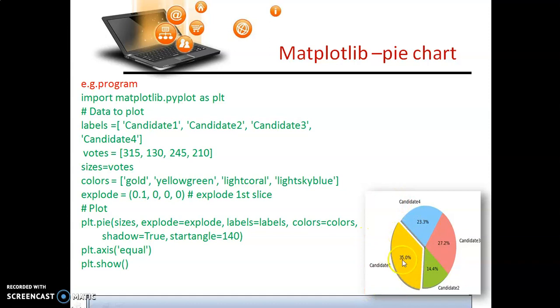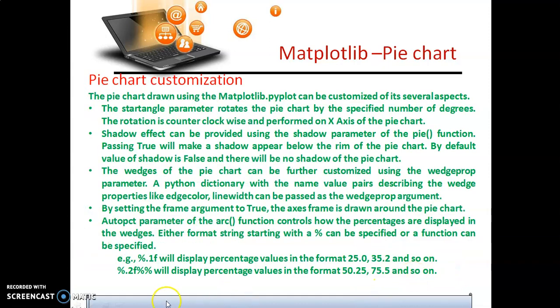If I want to show them so it looks good, I will use the autopct parameter. In autopct we will write the percentage format 1f. It means 25, 35 and so on. If I make it 2f, it will show two decimals, 25.50, 35.75 and so on.